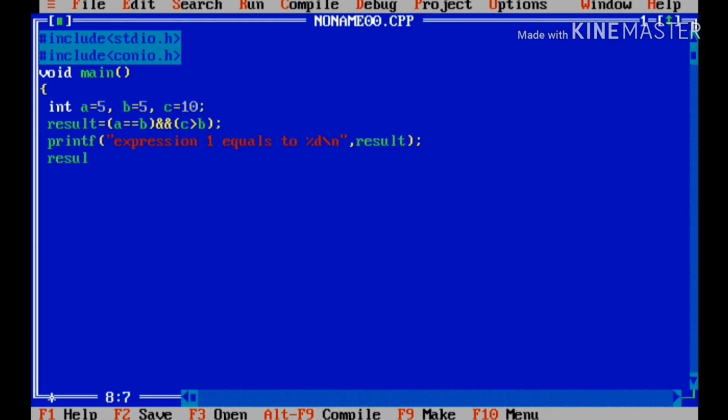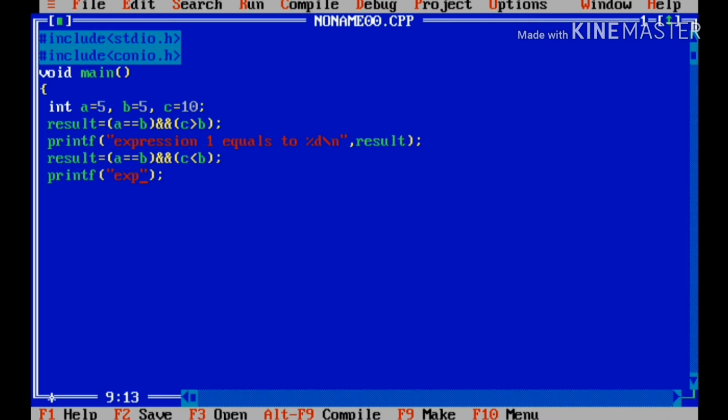The second expression: result equals to a equals to b, and the second condition is c less than b. This will first check if a equals to b, and if the condition is true, then it will go to the second condition, whether c is less than b or not.